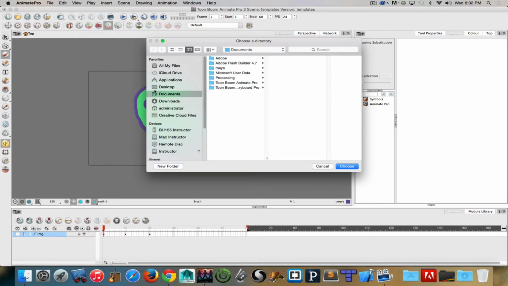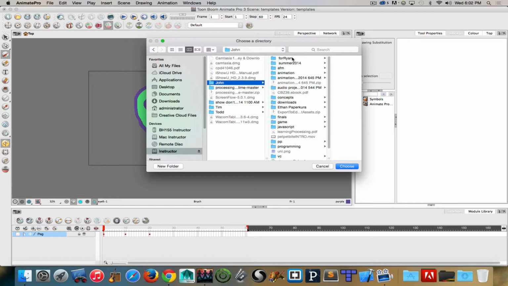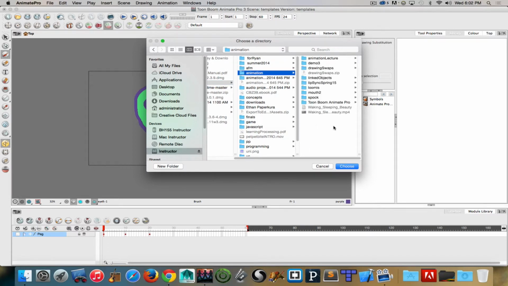I could choose my Documents folder. I can choose the desktop. I could go and choose my storage drive on this computer, and I could even go and find a folder within that and claim that as well and say, I want to store things there. So I'm actually going to store it in a place where I can keep this for my next project, so that it's not gone when the computer reboots. So I am going to grab my animation folder here and say,